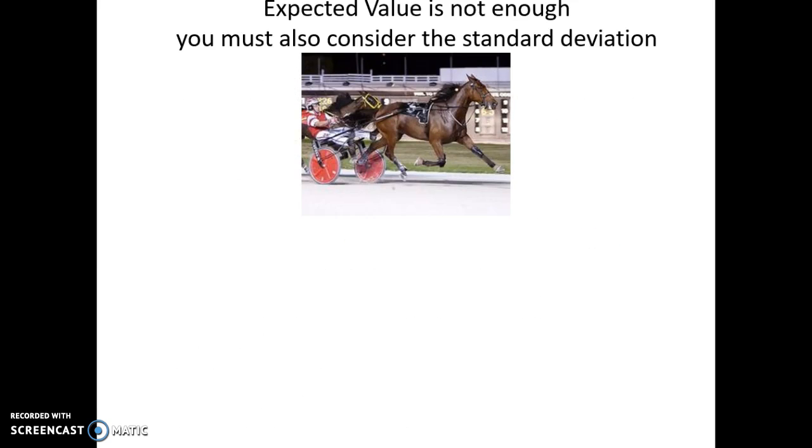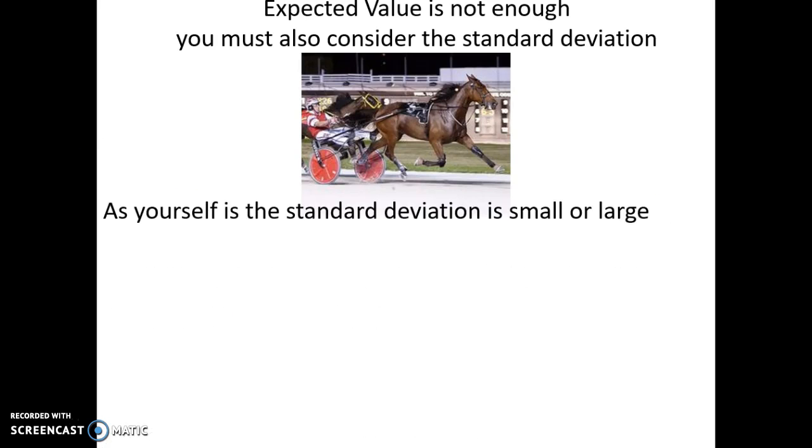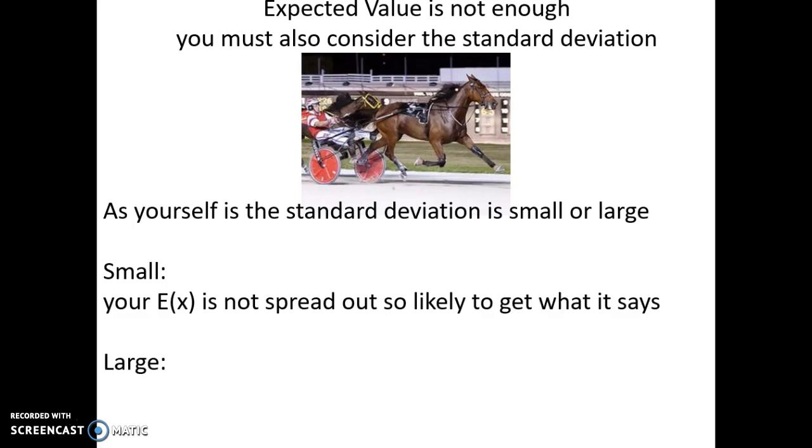So the big point I really want to make is first make sure you know how to find the standard deviation of expected value. But it's because expected value is not enough when you're looking at decision making. And you use expected value to make very big decisions, not just about racehorses, but about investments, building up your company. So you always need to ask yourself, what is the standard deviation, if it's small or large? Okay, when it's small, that means that what you can expect to happen is probably close to that exact expected value, right? It's not very spread out.